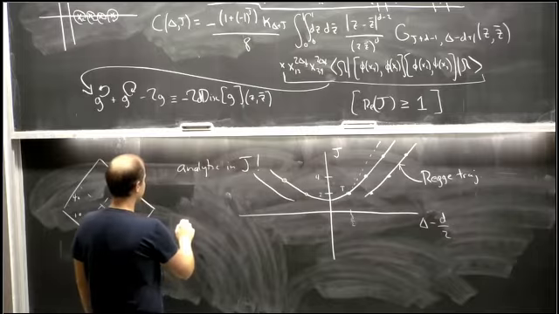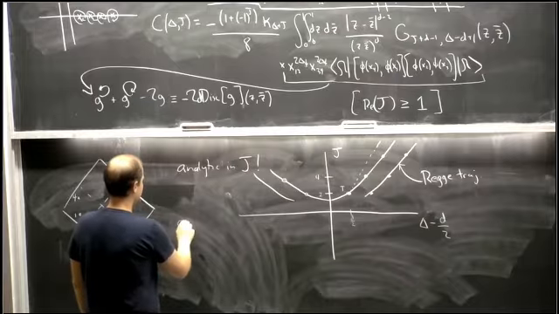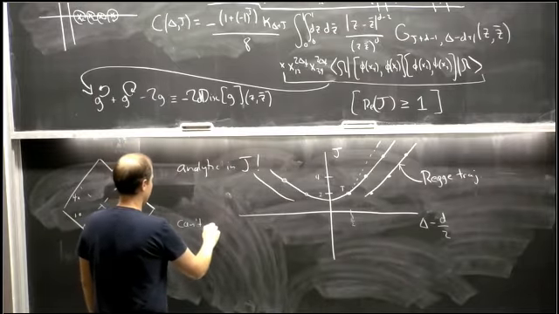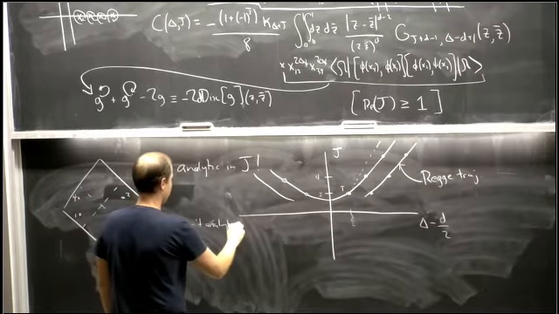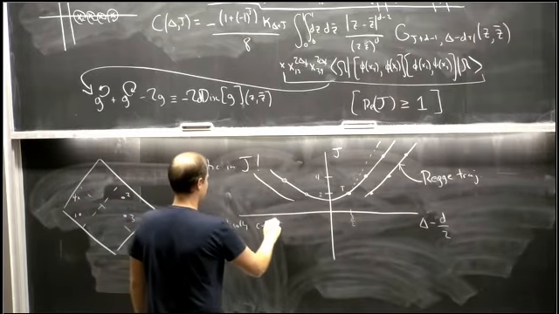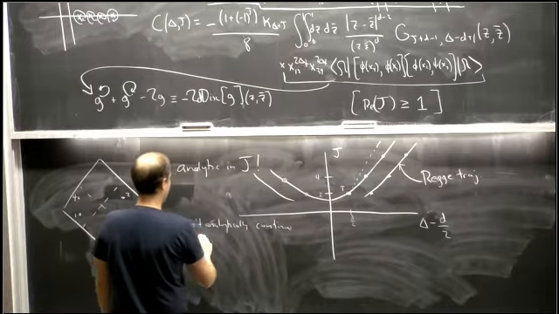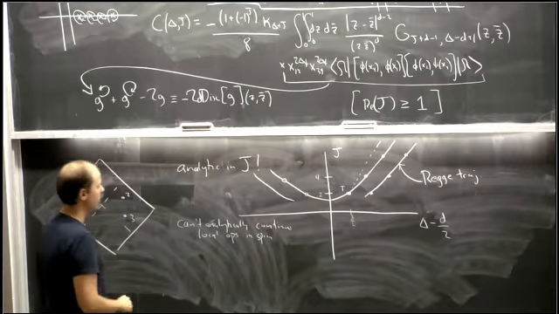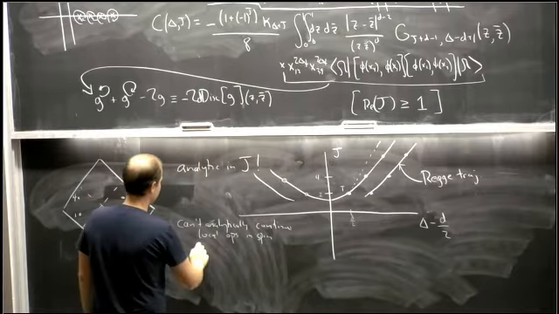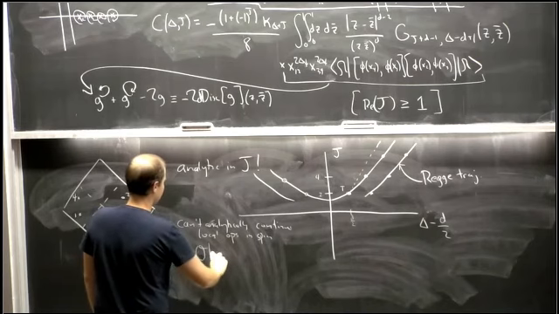So it's not hard to convince yourself that you can't analytically continue local operators in spin. Here's an argument. So for a local operator,